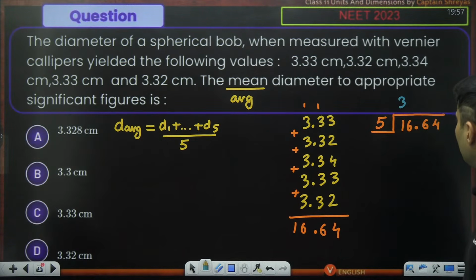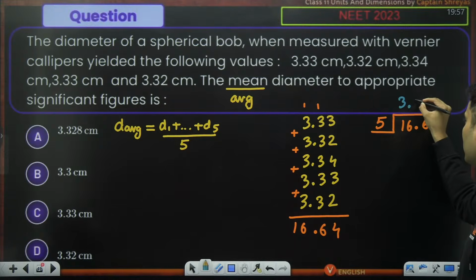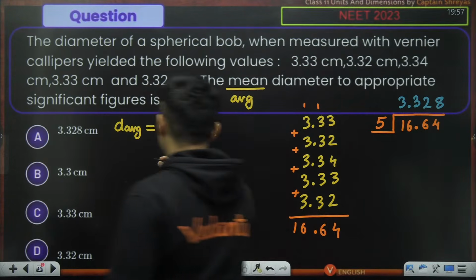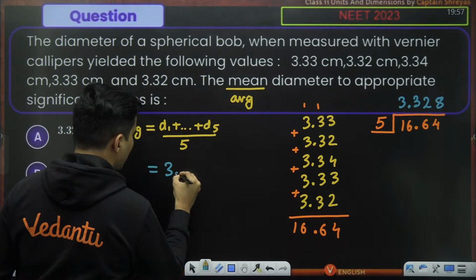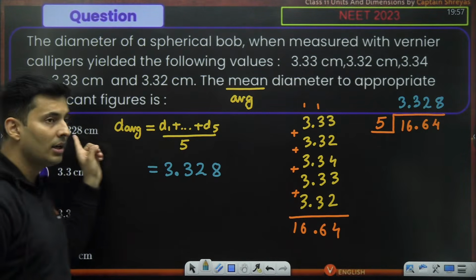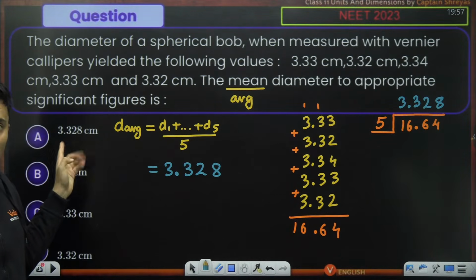3 fives are 15. 1 6. So decimal. 3.3. Okay. 1 4. And then this is 2. 48. Just check this out. 3.328. Are you getting it as 3.328? Okay. So we are getting this answer as 3.328, which is there over here, but don't hurry up and mark answer A